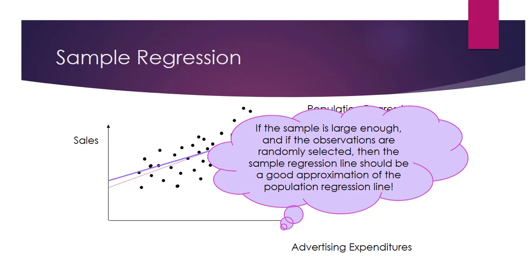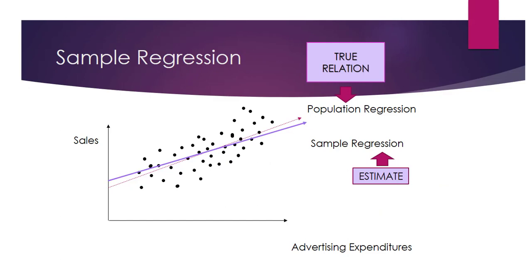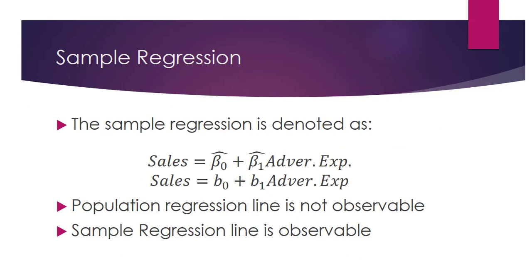If the sample is large enough and if the observations are randomly selected, then the sample regression line should be a good approximation of the population regression line. This is similar to how in assignment 2 we use the sample mean as an approximation of the population mean. The population regression is a true relation between sales and advertising expenditures, whereas the sample regression is only a sample estimate of that relationship. The sample regression line is denoted as sales equals beta hat 0 plus beta hat 1 times advertising expenditures. The hat on top of the betas tells us that they are estimates of the population betas,